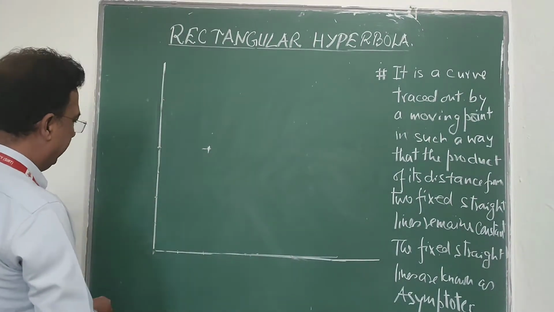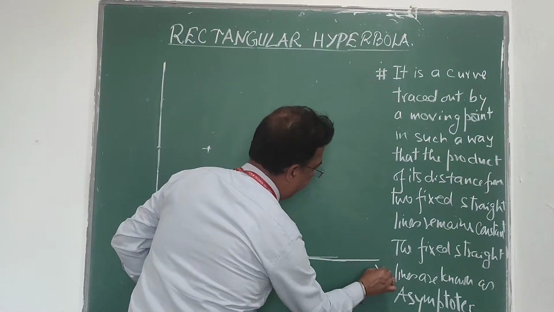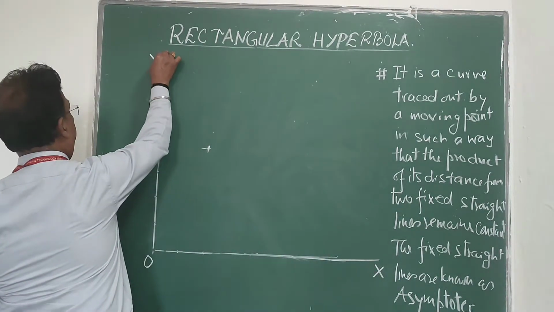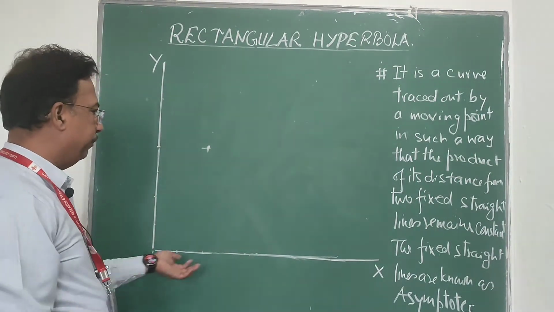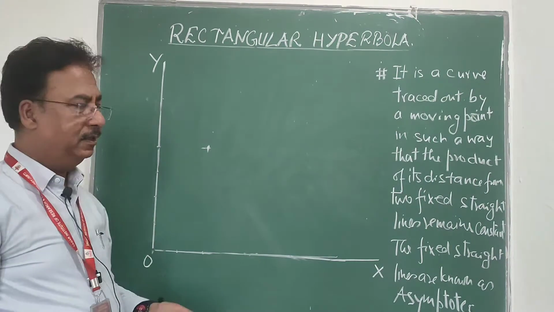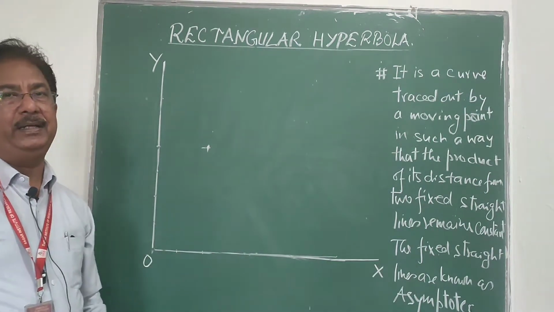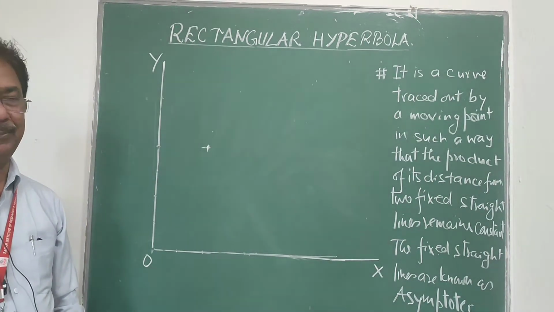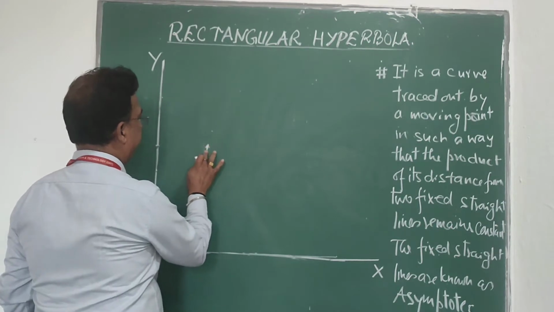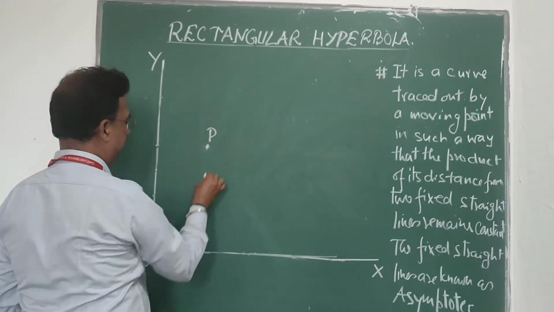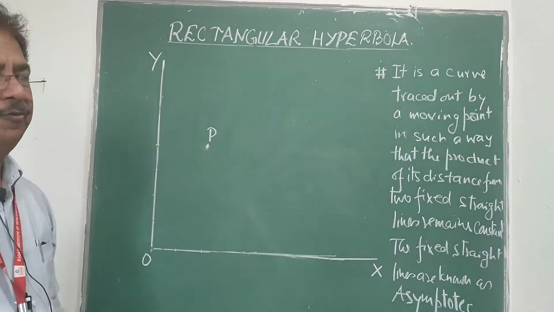So now I am going to start. Initially, we will draw these two axes which you know from the school days. In the graph paper, normally we plot the x axis and y axis. So the x axis OX will be the horizontal line and OY will be the vertical line, and these two are the asymptotes. Now the point P, they have given, will be 40 millimeter from the x axis and 20 millimeter from the y axis.